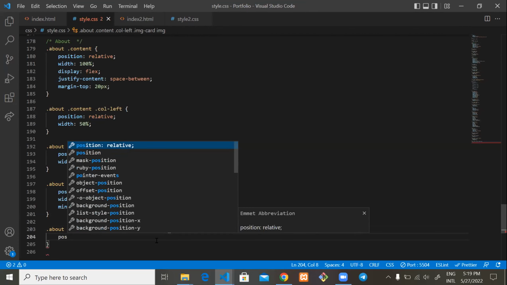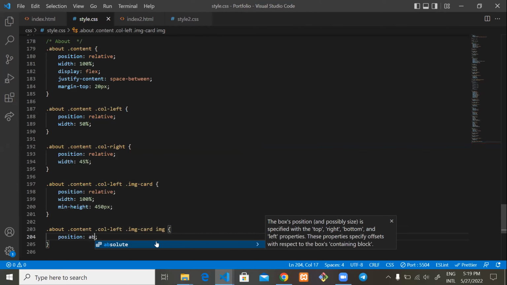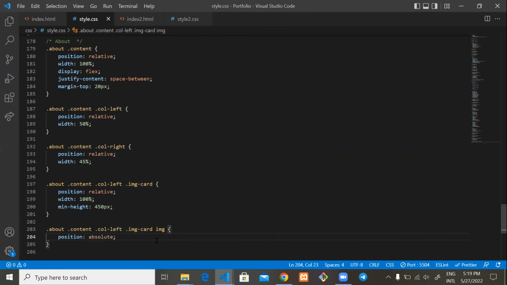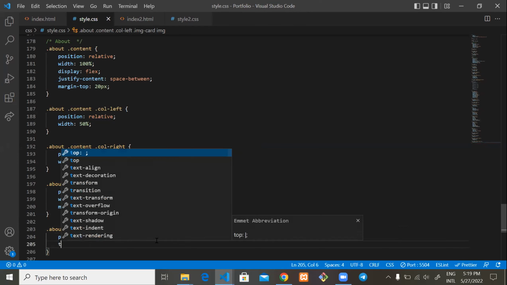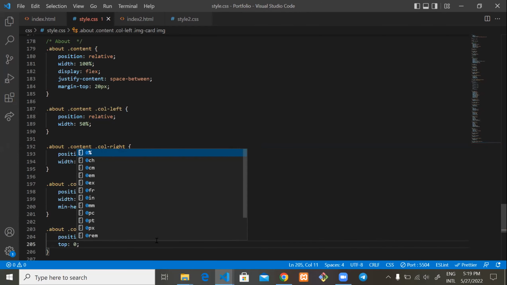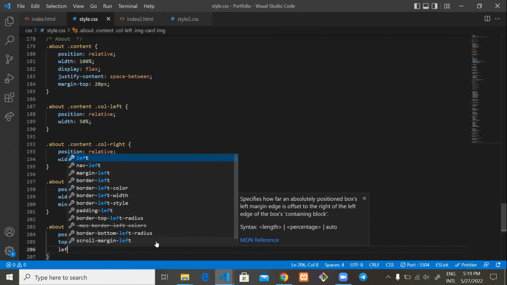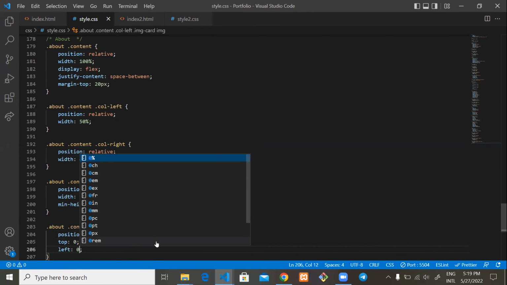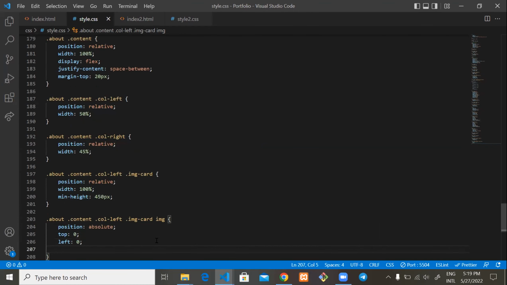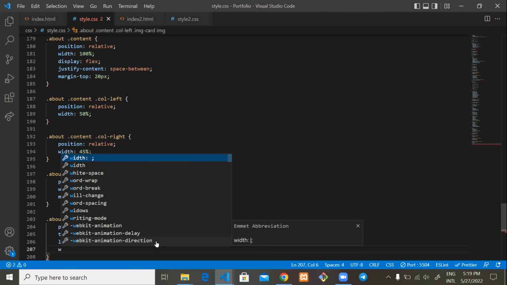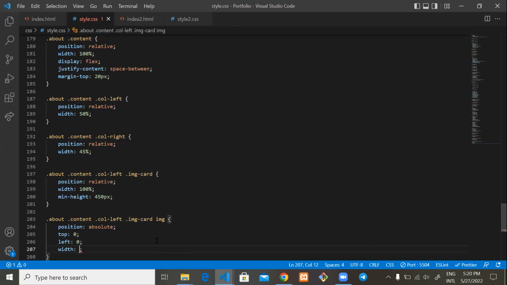Then position it absolute. The top be 0, and left to be 0. And the width should be